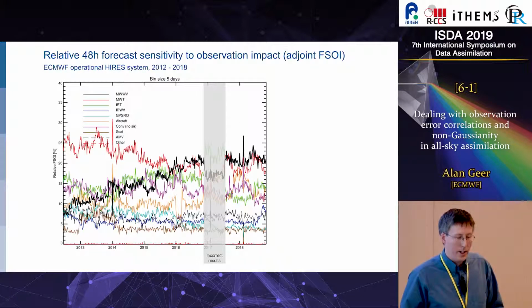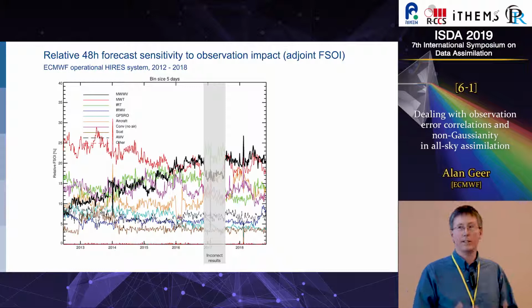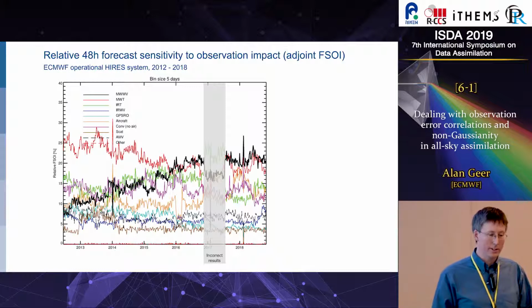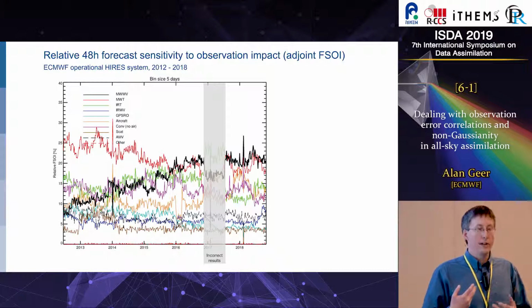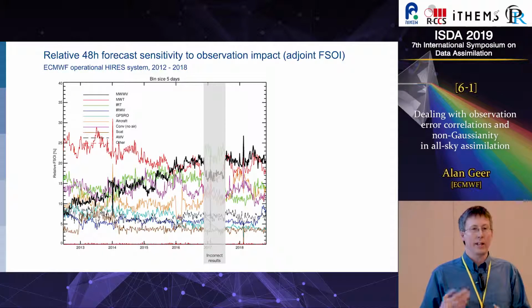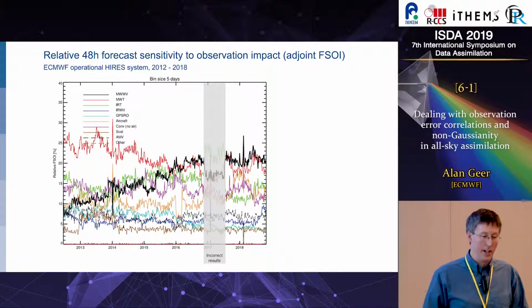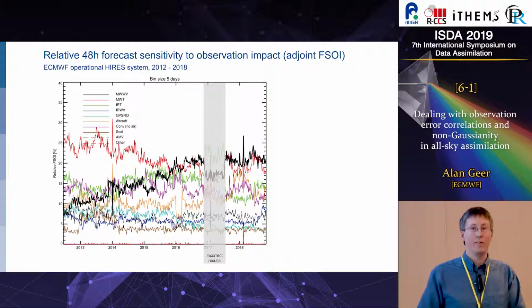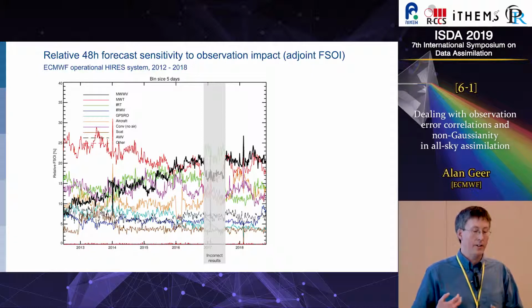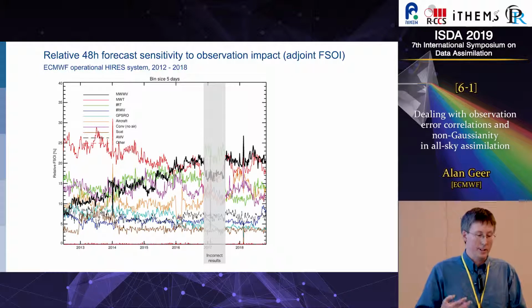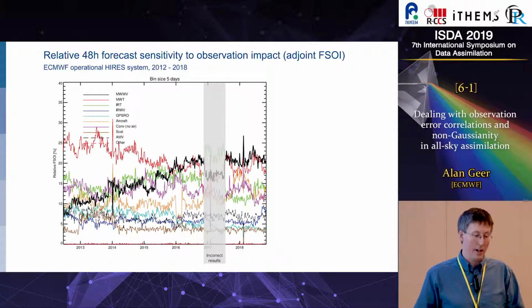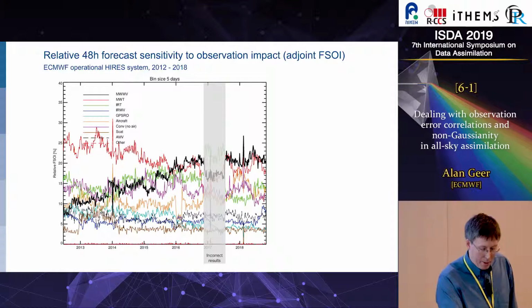So to give some context, this is about ECMWF medium and long-range forecasts. Over the last 6 years, we've been monitoring the adjoint-based forecast sensitivity to observations, similar to EFSO, only adjoint-based. This is a measure of the impact of all the different observing systems. It's done so that it adds up to 100% over time. And you can see the changing impact and seasonal impact of different observation types.